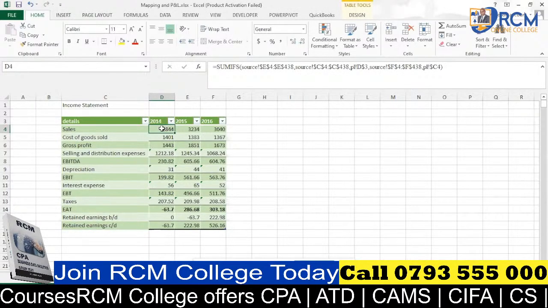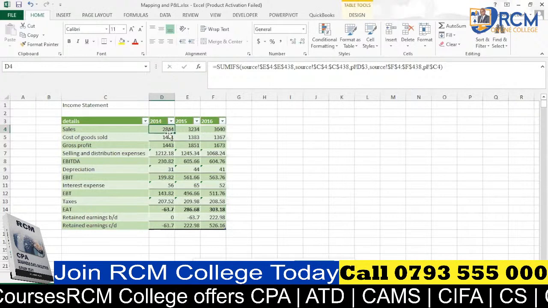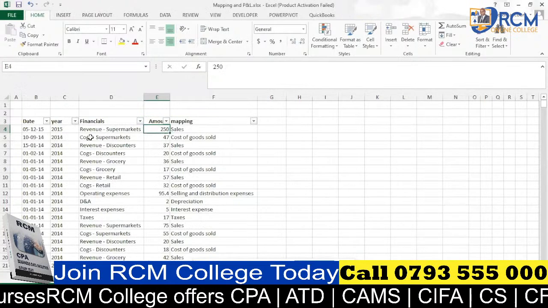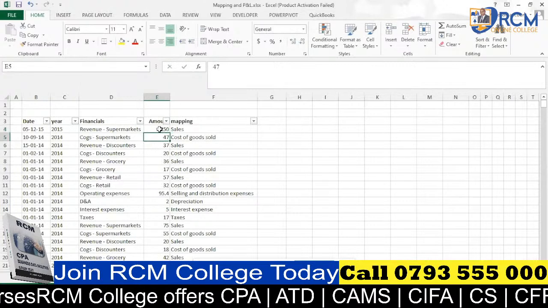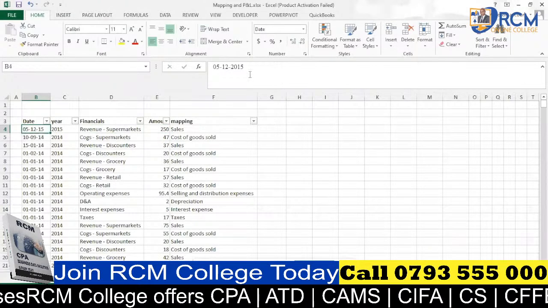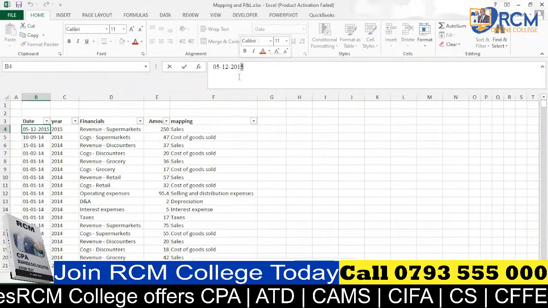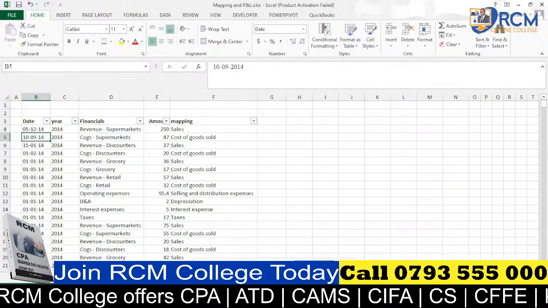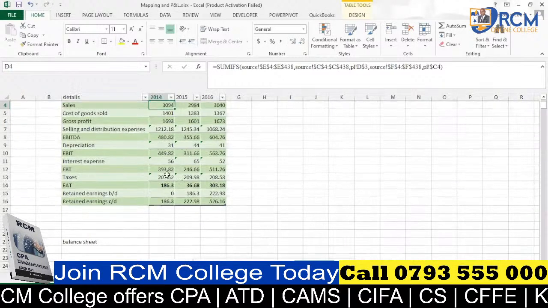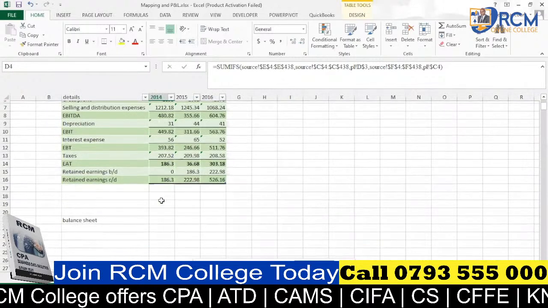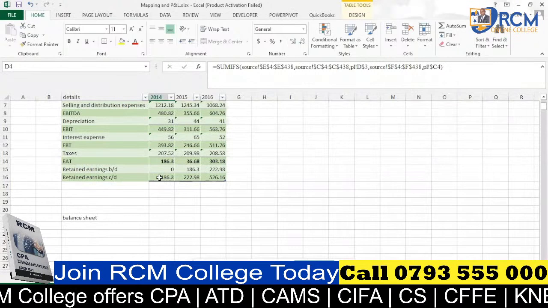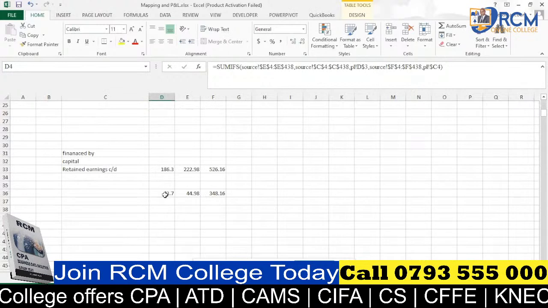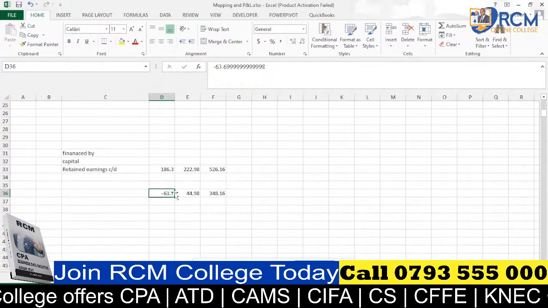we are now able to see that sales has changed to 28.44. Why is it? Because, okay, whatever I've changed here is 250, but it is for 2015. I want us to change it for 2014 so that we see if it is doing away with that loss. Let's make it 2014 and see. Let's now move back. If you now move back, you are able to see that it is now no longer a loss. It is now retained earnings of 186.3. This is what we are supposed to take to our balance sheet. Let's see if it has updated. Yes, our initial figure was we had a loss of 63.7,